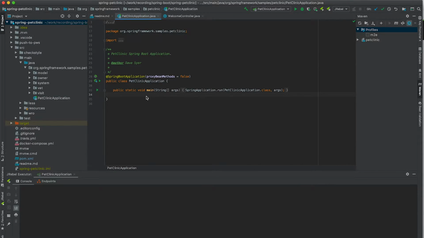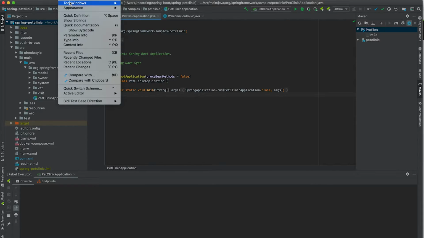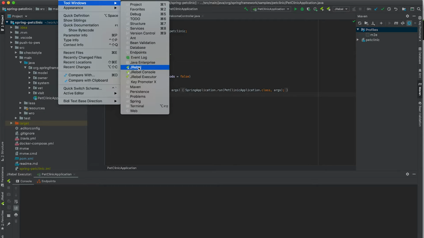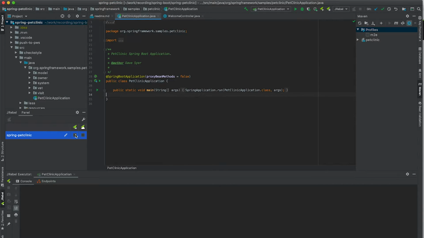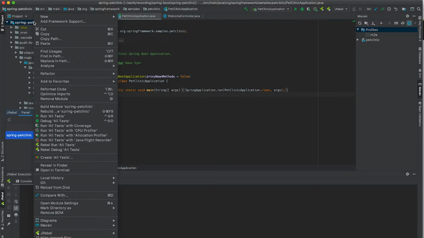The first step is to configure your project to be used with JRebel. You can do that multiple ways. The first way is that you will go to the View, Tool windows, select the JRebel, and enable JRebel for all your projects. Or you can just right-click your project in the Project Explorer, select the JRebel, and hit the